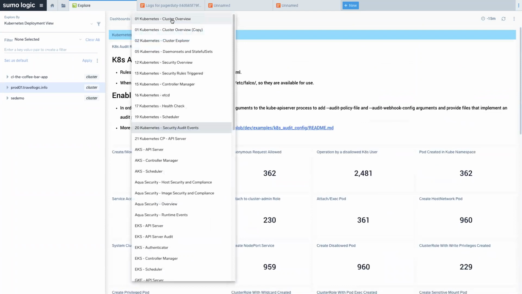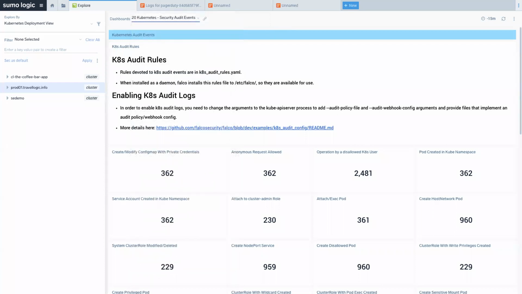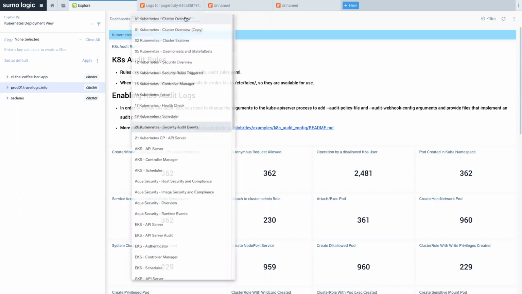Now, what I really like about this is the fact that it provides a consistent view for multi-cloud. So if you're using AKS on Azure or EKS on Amazon or GKE on Google, everything looks the same. The collection method might differ a little bit for some of the audit logs and things like that between the cloud providers, but basically it gives you a nice consistent view.